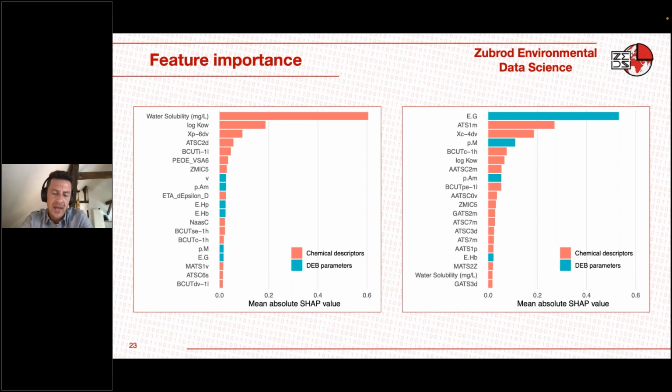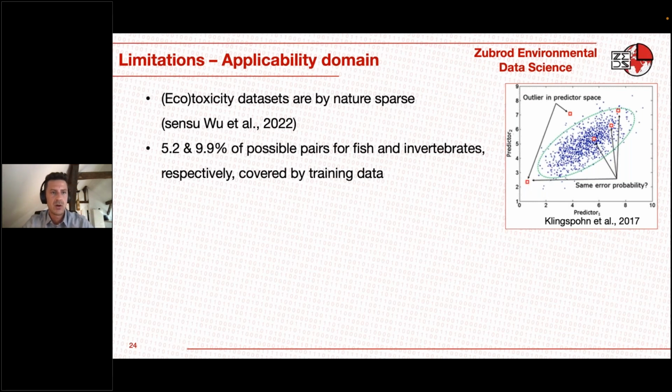So by growing, animals can dilute the internal concentration of a toxicant, resulting in less damage at receptors and lower toxicity. And also pretty important here is the parameter PM, so the cost of maintenance for a species. And that was also repeatedly shown in previous studies, that high costs of maintenance are associated with higher toxicity. Again, all 4 depth parameters that were involved in the invertebrate model were also among the top 20 variables. Okay, so we actually successfully replaced the categorical species variable by numeric physiological descriptors. We built flexible, accessible, and explainable models with our approach, but still there are obviously some limitations with our models,